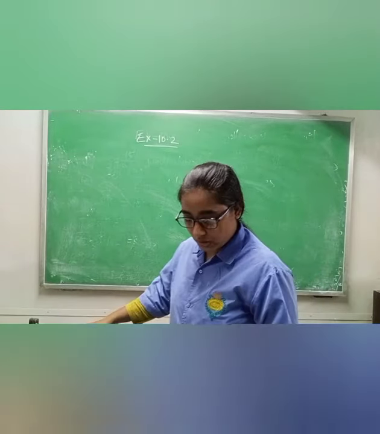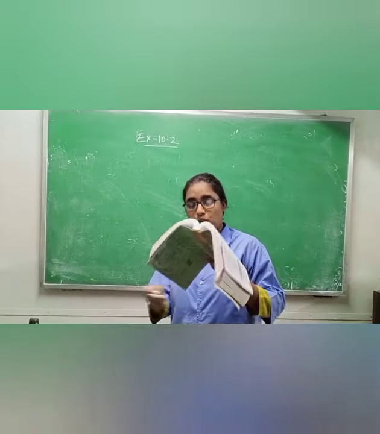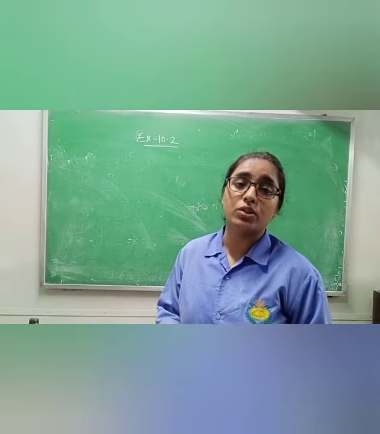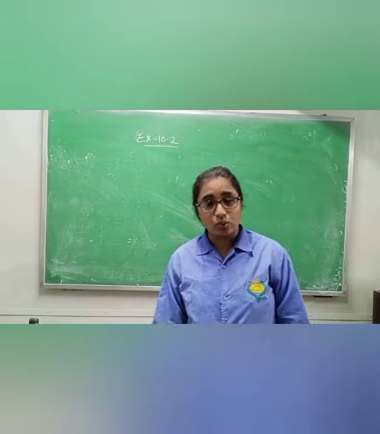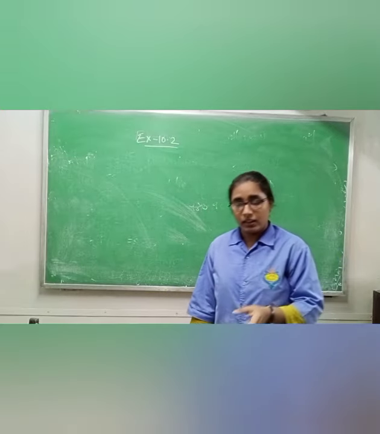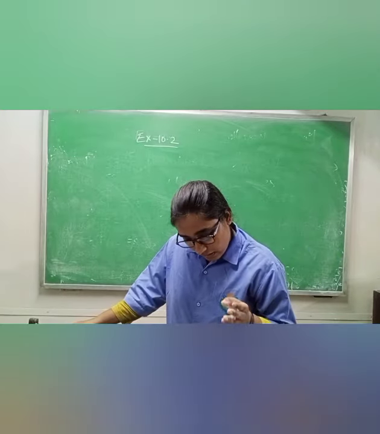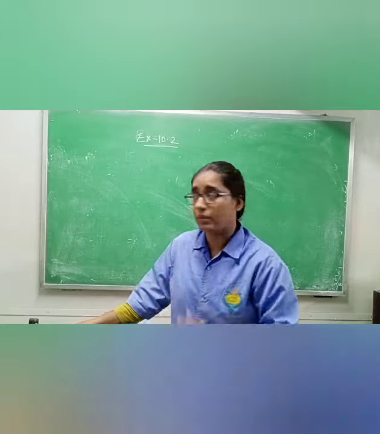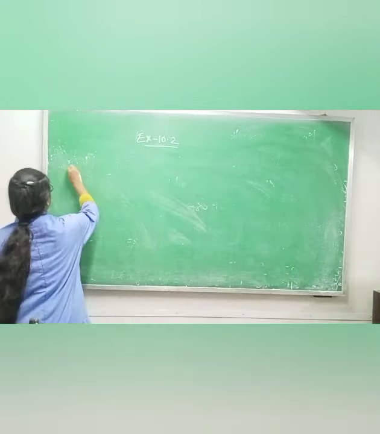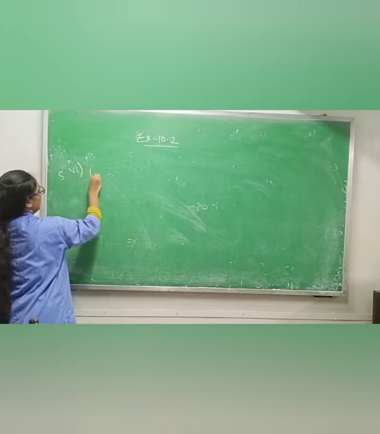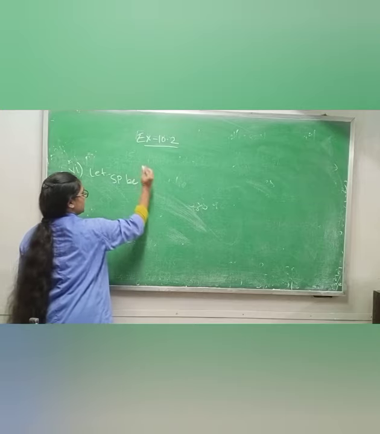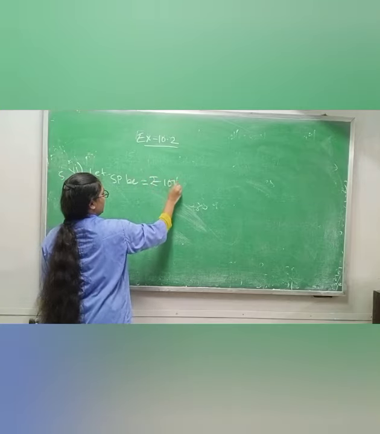Now class 9, read question number 6. If a commodity is sold with successive discounts of 20% and 10%, what will be the equivalent discount? Means what is the total discount? First they are selling one thing at a discount of 20%, then a discount of 10%, but we don't know the selling price. So first, let SP, the selling price, be rupees 100.